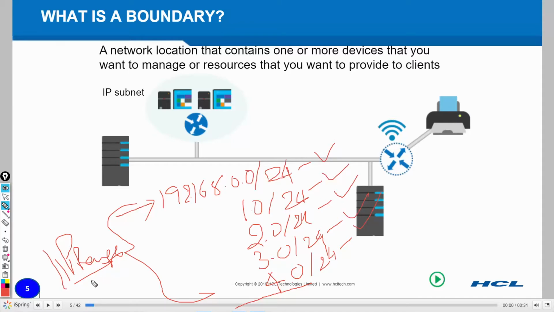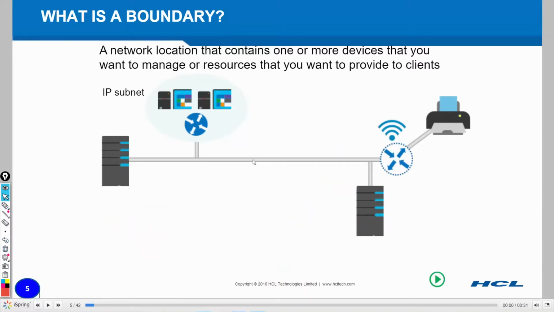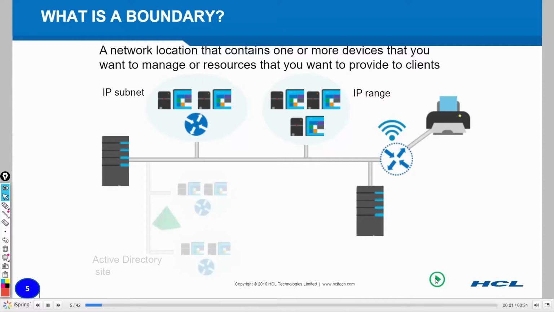Or I can create a single boundary with an IP range parameter, and club all these five subnets in a single IP range. That is the difference between IP subnet and IP range. You can create either of the boundaries. If you have created a subnet boundary, you can create an IP range boundary also, and that IP subnet boundary can be part of that IP range boundary also.